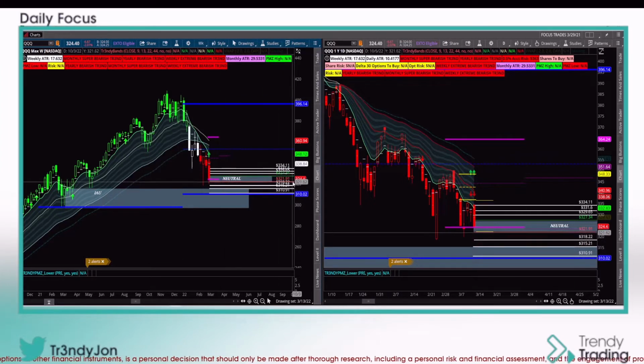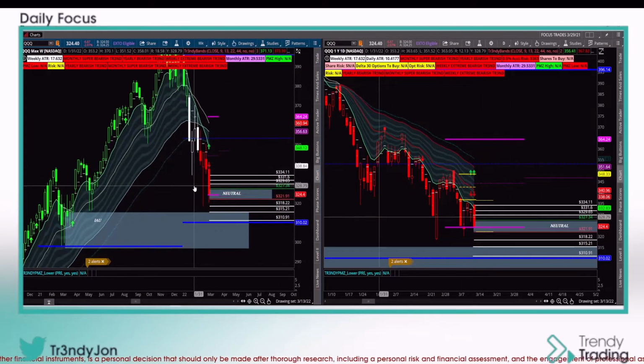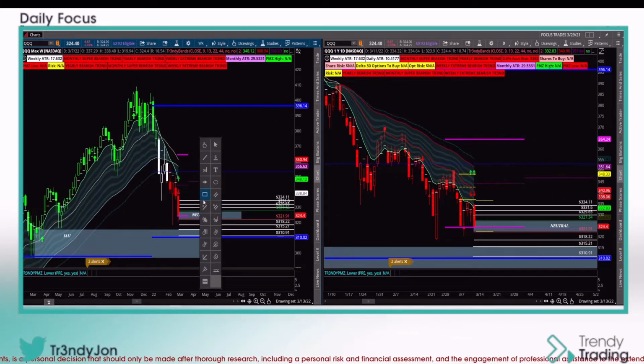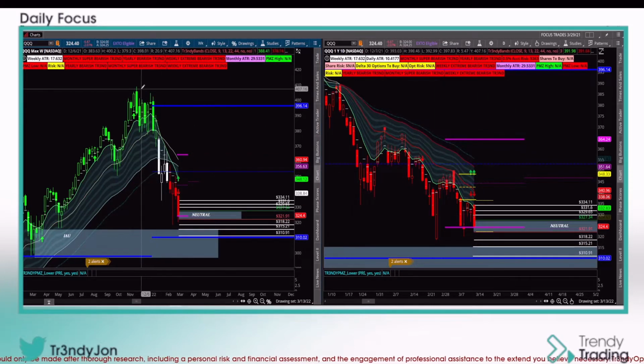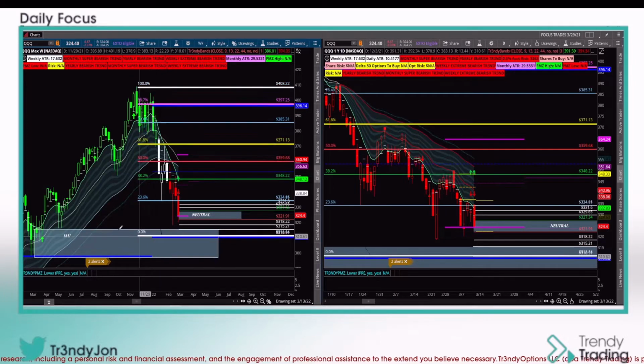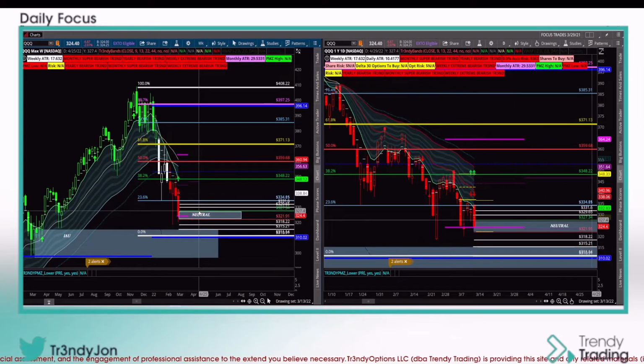Where do you not want to be short on the Qs? In my opinion, it's far away. We either need to get back above the cloud. I wouldn't want to be short above there, but also, if we were to take Fibonacci's and place them, let's just say that we get down to this trendy edge, okay? You could see here, we're in a bear channel until price can break over this 38.2. But it's very interesting because